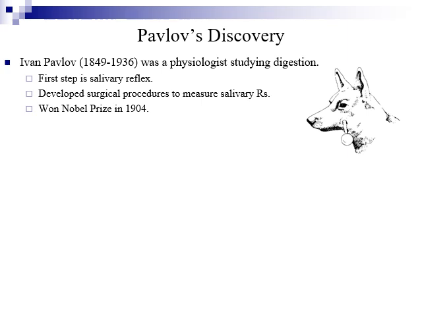We begin by talking about Ivan Pavlov. He was a physiologist. He was interested in studying digestion. Of course, the first step in studying digestion is studying salivation. And he thought that salivation was a reflex that would be elicited by basically putting things in a dog's mouth. And so in order to study this reflex, he needed to collect saliva, and he developed surgical procedures so that he could measure the salivary response very carefully. And for his work, he won the Nobel Prize in 1904.